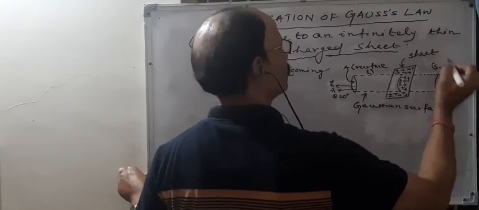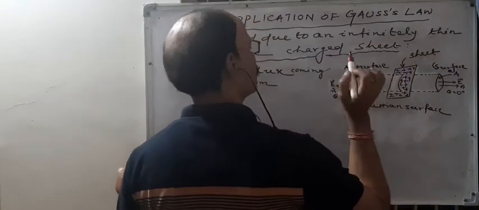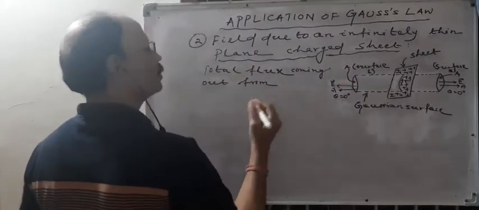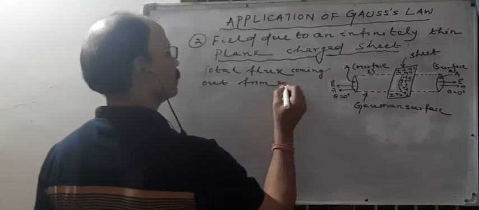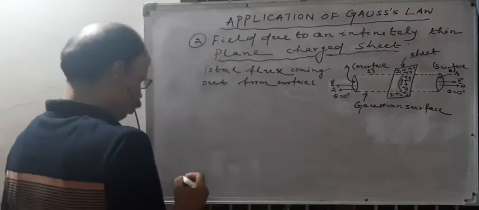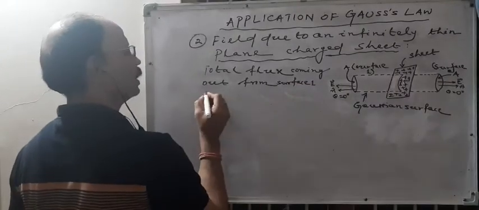So surface 2 has area A and surface 1 has area A. So total flux coming out from surface 1 is,